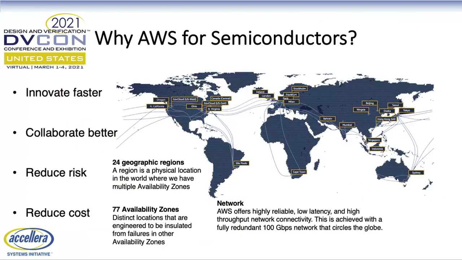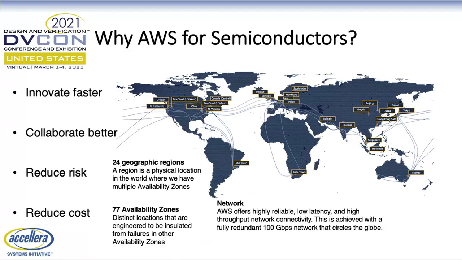So an important question that we want to answer here is why AWS for our semiconductor and EDA workloads in general, and specifically for our discussion today. So number one, it helps you to innovate faster. On Amazon's network, we have our data centers